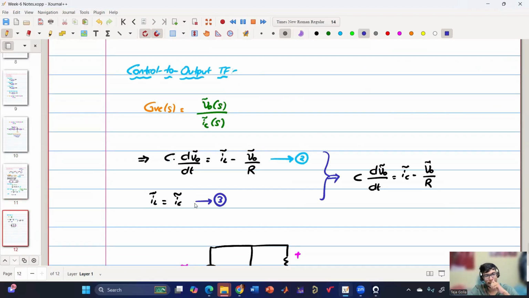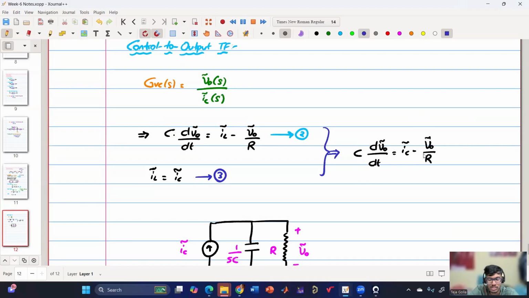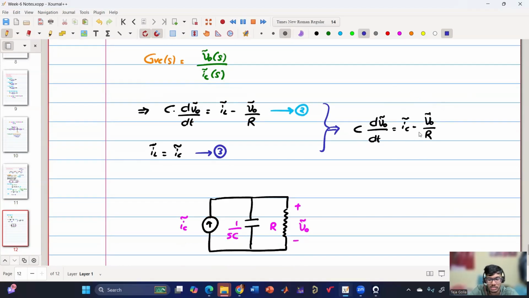Equation 1 is not needed because equation 2 doesn't have a D perturb related term. Now using these two equations, we got this expression. If we write this expression in terms of a circuit, like how we have done in the circuit averaging, we have a capacitor, we have an output, and then we have a constant current source. So this is the overall circuit that we got for a buck converter, ideal buck converter, operating under constant reference,